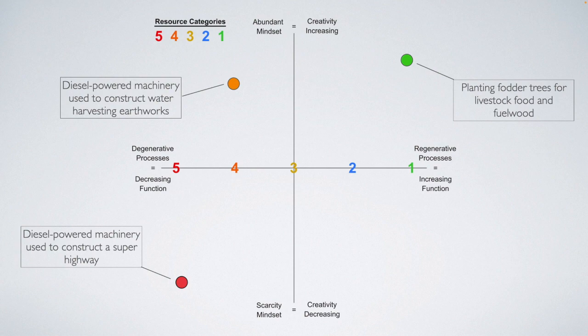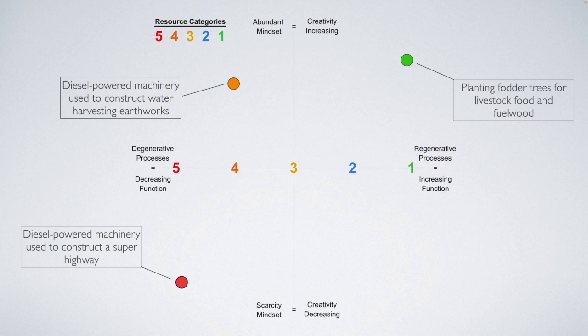It's worth noting that this exercise is not about assigning labels of good or bad to different resources. This is about making an honest assessment of what your current energy use pattern is on your homestead, and then looking for ways to increase the alignment between that pattern and your stated quality of life goals. You don't need to cut things out or make your life harder by going cold turkey on a resource that you've hitherto been relying upon. That would be the scarcity mindset taking hold.